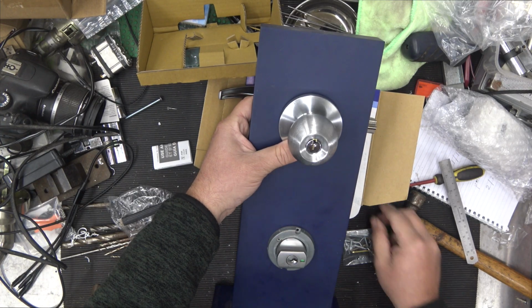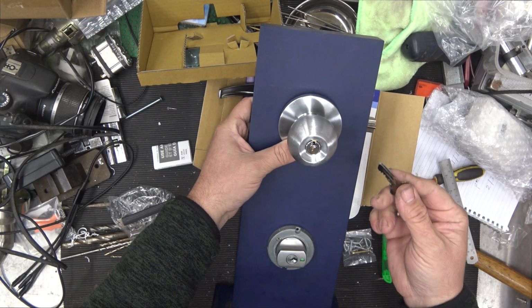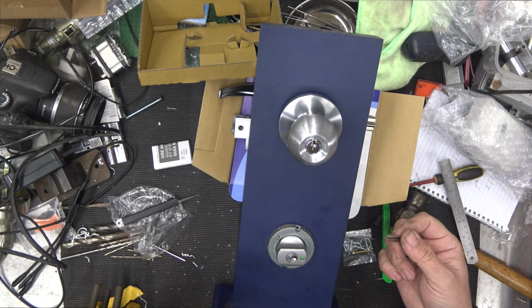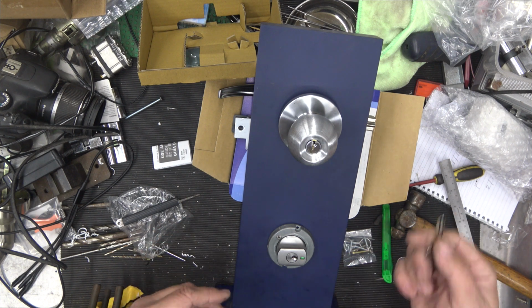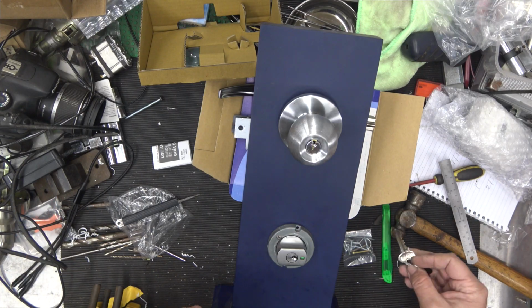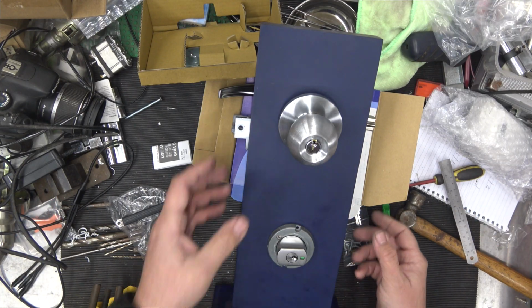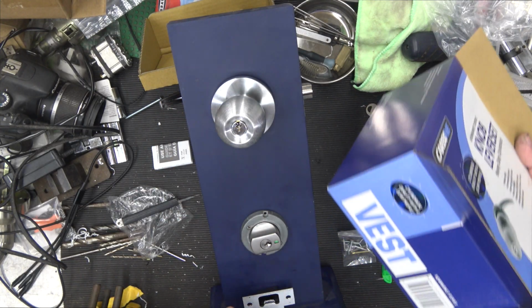As you might notice, I've fitted the keyway up the wrong way. The way you want it is the grooves to the sky. This just allows the lock and the springs inside, if they were to fail or get abused or get saggy or people use the wrong key and they get squashed, it'll allow your lock to still work for a period. So more reliable basically. Alright, so that's an unboxing and demonstration of the Carbine Vestibule